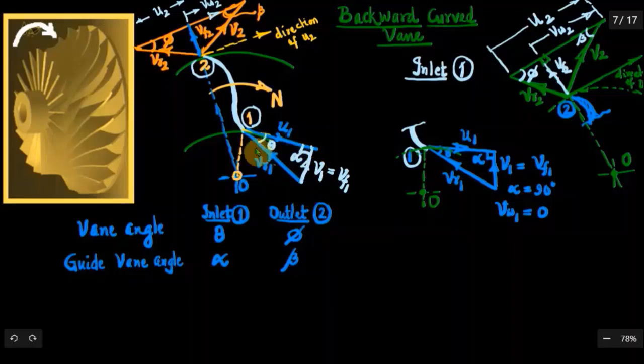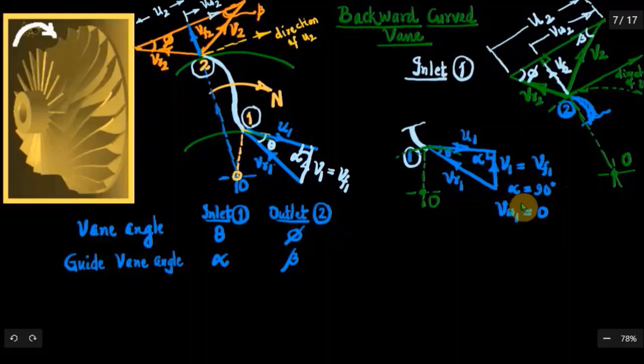Because if you take tan theta from this small right triangle, it's shown over here. For examination purposes you may draw it like this also. So the inlet tip is shown separately, the triangles at inlet and exit are separated. So here we have the triangle. Theta is the inlet vane angle, and U1 we know the value, 10.556 meter per second. Tan theta is opposite side by adjacent side, that is V1 by U1. And V1 incidentally is equal to Vf1 itself, the axial flow velocity component at inlet, which is equal to the absolute velocity of the air at inlet.